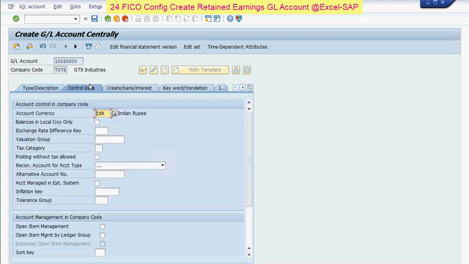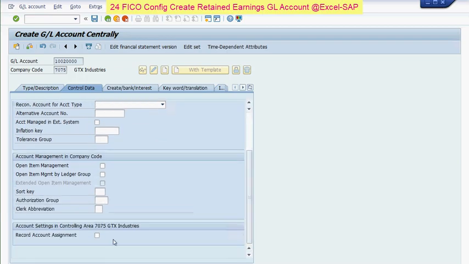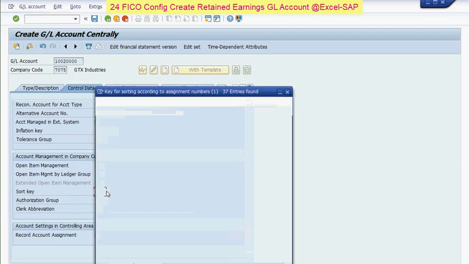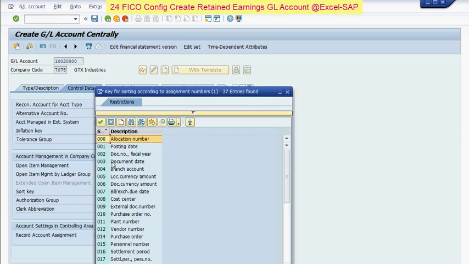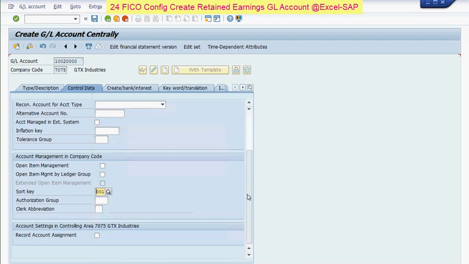Then go to control data. Here by default the currency is INR. Balance in local currency. Select the sort key here. It's a line item display. Select as a posting key 001,